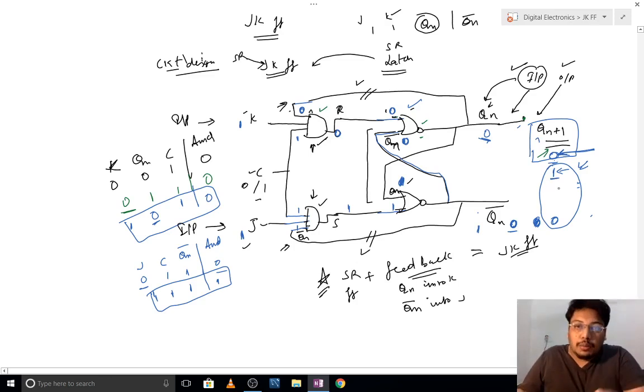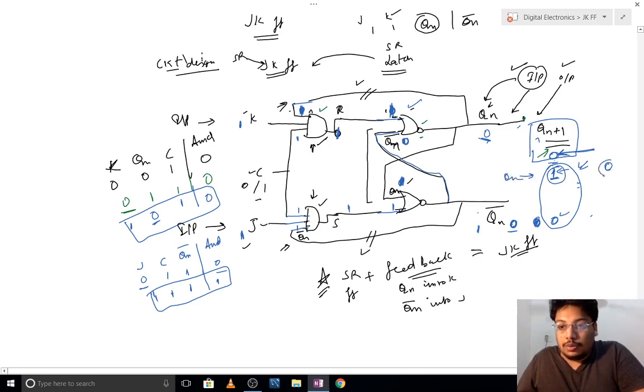Let me create one more shot for you. Now I will be feeding back this Qn value as 1. So here Qn value will be 1. It will be giving me 1, 1, 1, 1, and the AND gate will be giving me 1. So now 1 will be here. If this is 1, so Qn bar must be 0. So this is 0. So 1 plus 0 is 1, notting it, giving me 0. I have put up this value. This was my Qn, and output is 0.